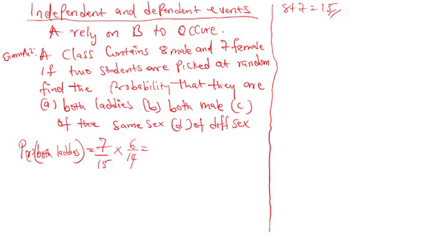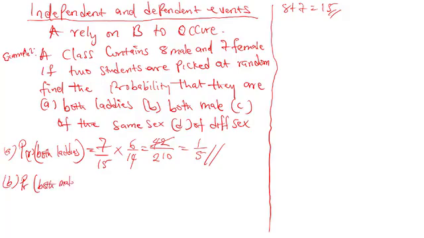Now 7 times 6 is equal to 42 over 15 times 14 is equal to 210. 42 into 210 is 1 over 5. So the probability of picking both ladies is equal to 1 over 5. Now the B part of it, this is the A part of it. Now the B part of it, the probability of picking both